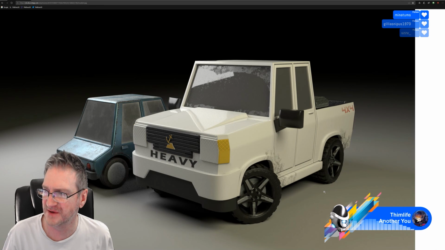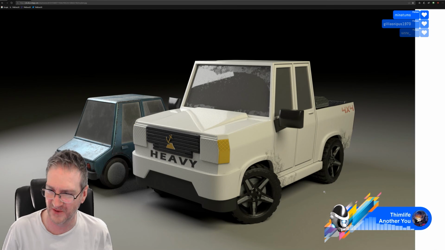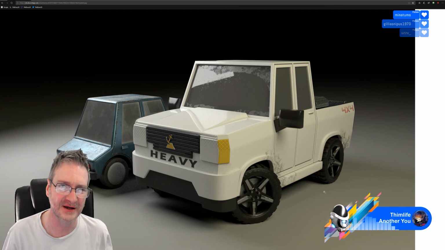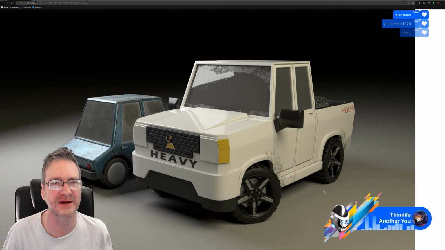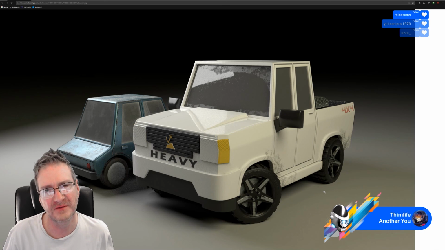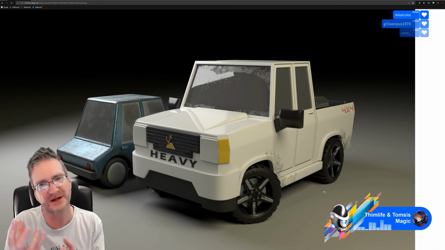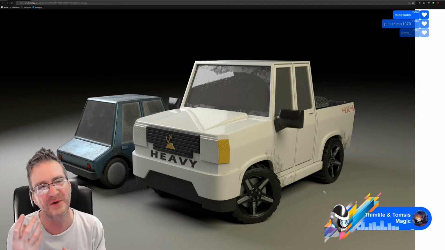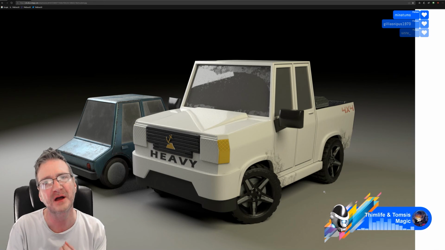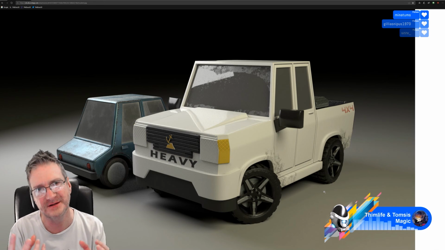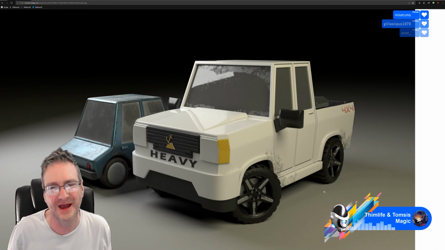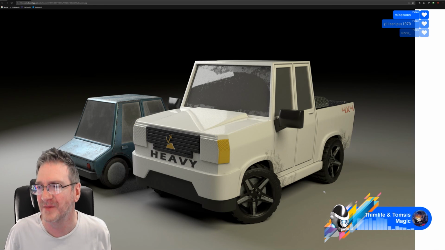Android Lust says, my first experience with Boolean was bad, so I've steered away from it for a while. Again, Boolean modeling can be problematic. You can get some really messy geometry from Booleans. But generally, when you get messy geometry, it's because the underlying mesh is probably a bit too low poly. There aren't enough verts to get a good Boolean, whether it's an intersection or a subtraction or whatever. You need to make sure you've got enough vertices to make that happen properly. It can create problem meshes. It can, if you're not careful.